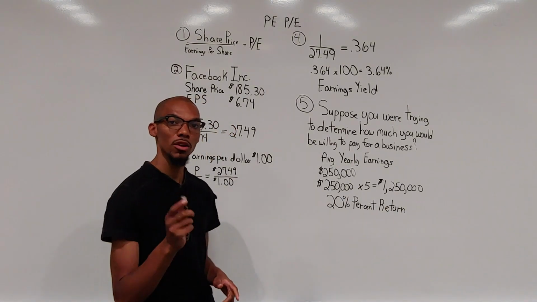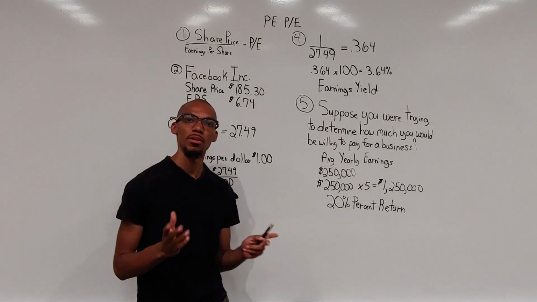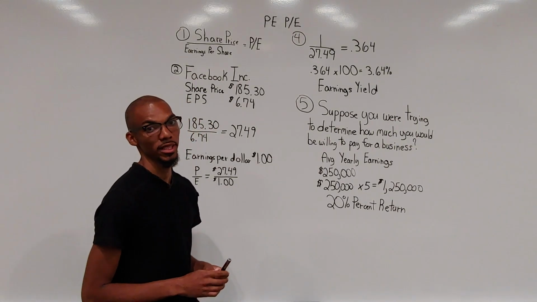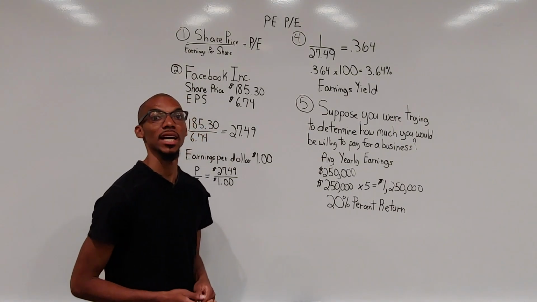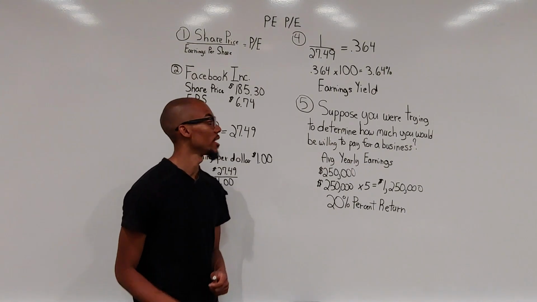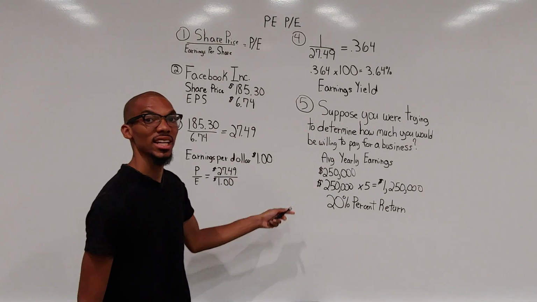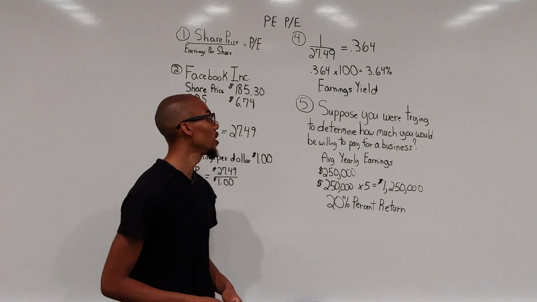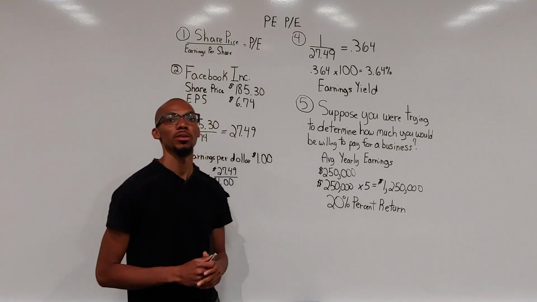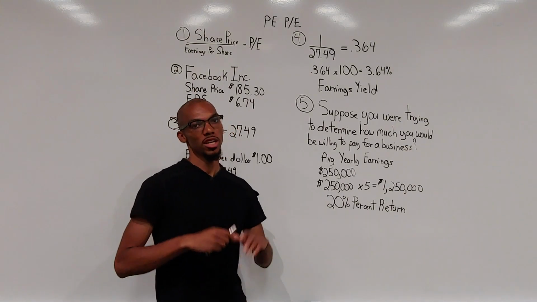Now, an average person might be a little confused of how they might come up with an approximation or calculation. But we can use the P/E ratios to help us make a quick assessment. So let's just say hypothetically I wanted a 20% return. So that's equivalent of saying for every $5 I invest, I would get $1 back. P/E ratio of 5. So if I take the yearly earnings, $250,000, I multiply that by 5, I would get $1,250,000. Now this is how much you would need to invest to get a 20% return over a duration of